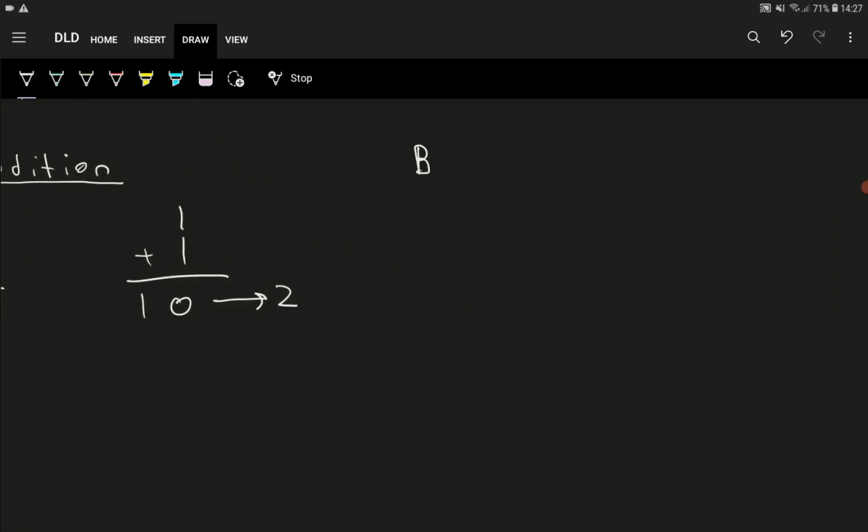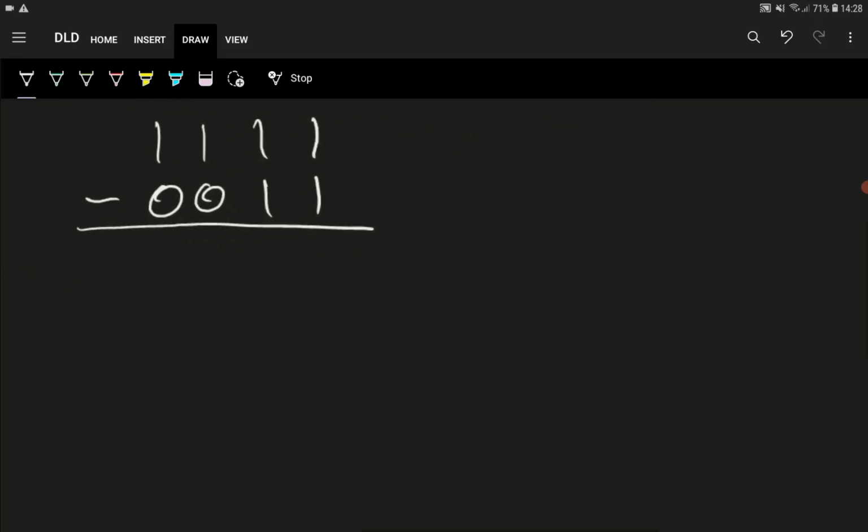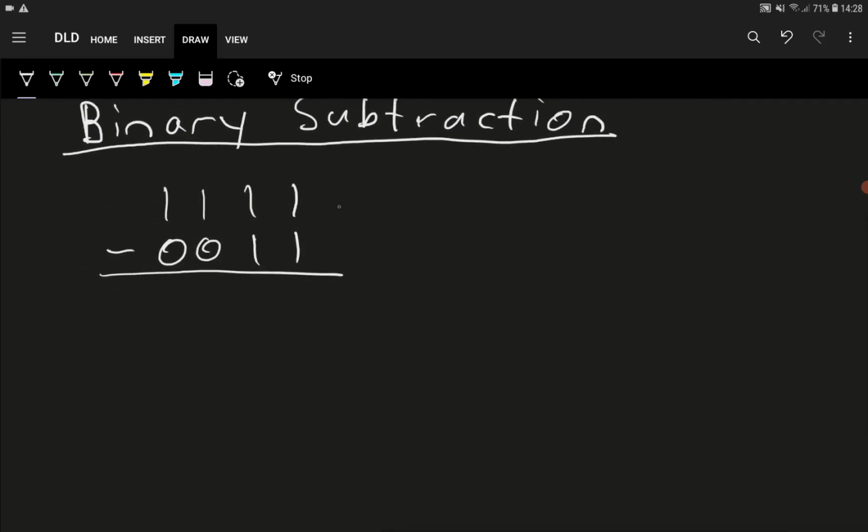Let's move on to binary subtraction, which is also pretty simple, but a little more tricky than addition. I mean, who likes subtraction? We all like addition, right? Let's start off again with an example. Let's go 1, 1, 1, 1, 15 minus, let's say, 3, 0, 0, 1, 1. Actually, this is a little too easy, but let's go on. It's important. So this is 15